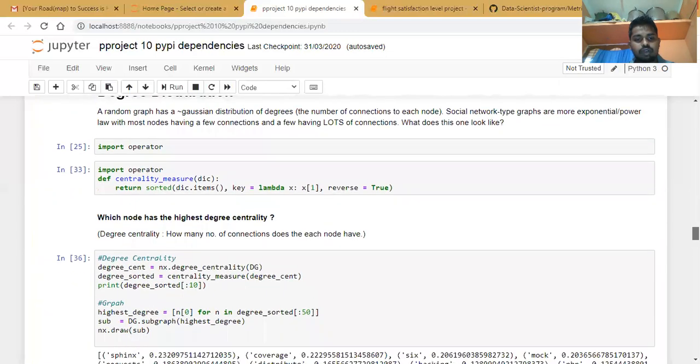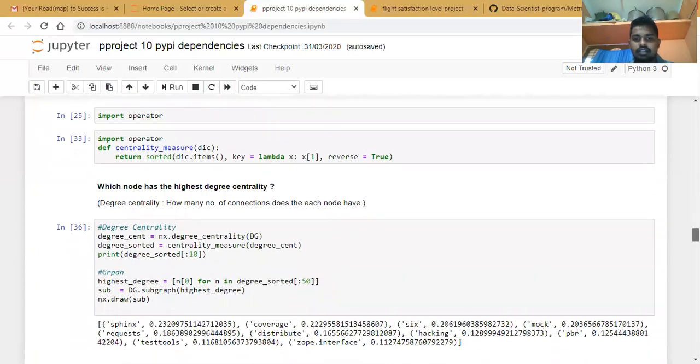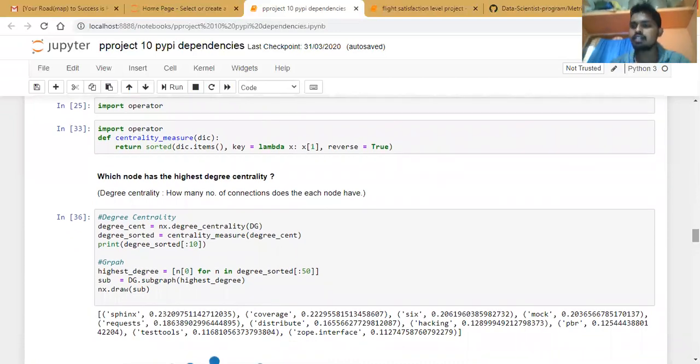Okay, coming to centrality, degree centrality. Centrality is nothing but a measure of connections, a measure of distance from one node to another node. Here there are so many types of centrality. One is degree centrality, and then betweenness centrality and closeness centrality. I'll be explaining about that, and I'll be viewing a graph with respect to those